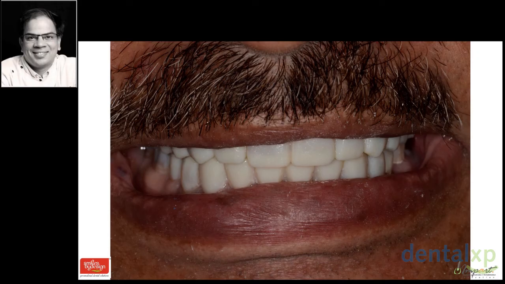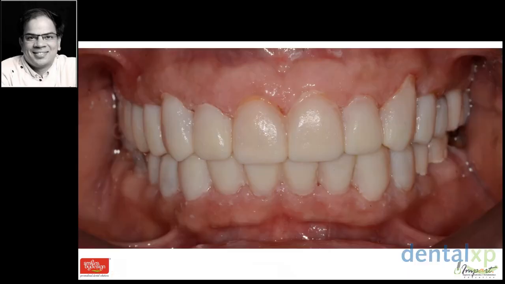The patients need time to adapt to this change. So we wait for around 2 to 3 weeks with these provisionals, and once the patient comes back with no negative findings, with the load test being negative, and there is no problem with the muscles or the joint, we will go ahead with our final restoration. So that's how the patient looks on the day of making of the provisionals.